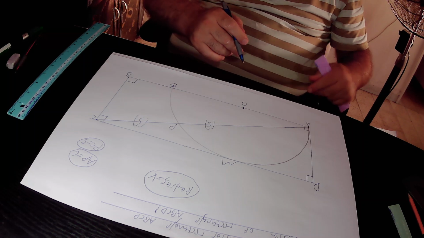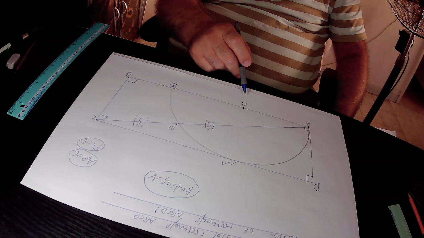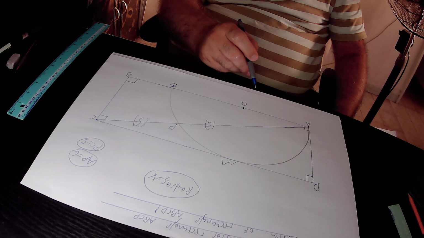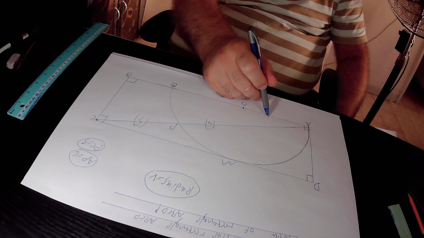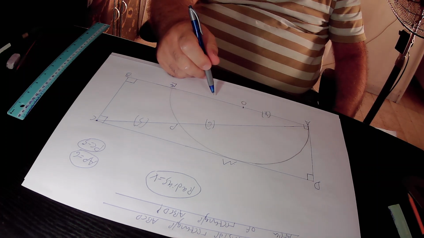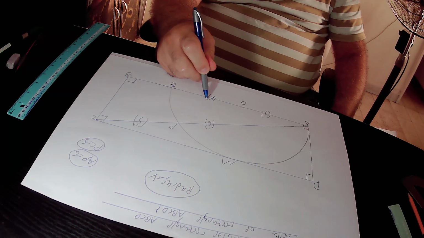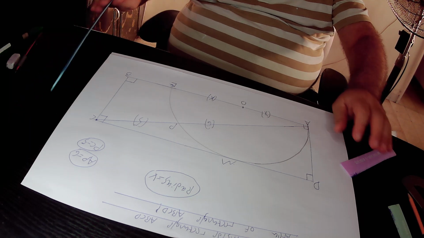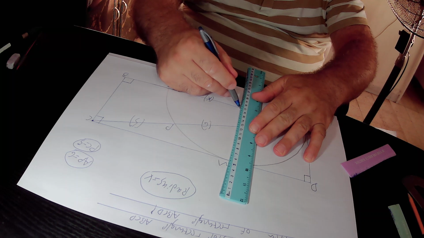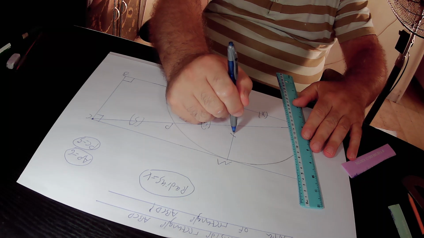So, point O is the center of this circle, point A is a point of the circle itself, therefore OA is the radius of this semicircle that is equal to x units in its length according to our definition. Likewise, OE is also the radius of this semicircle that is equal to x. We join points O and M together by a straight line. OM is of course the radius of this circle that is equal to x, and because of the fact that